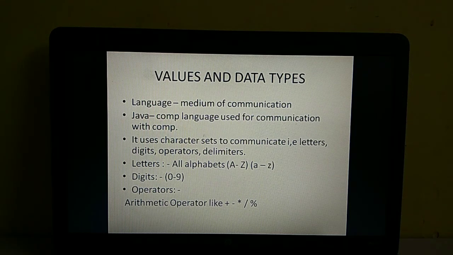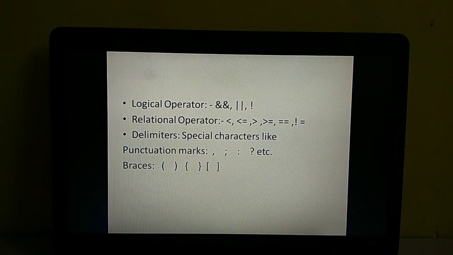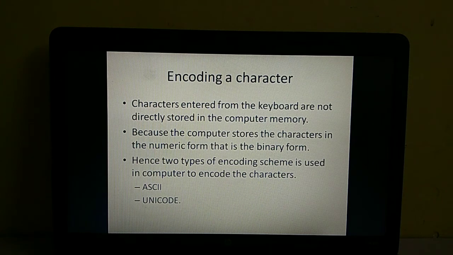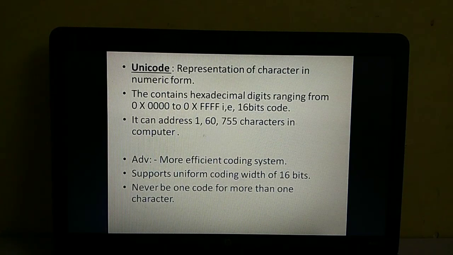The various character sets are letters, digits and operators. Then you are even using logical operator, relational operator, delimiters, punctuation marks and braces. Then encoding a character means you are entering the characters with the help of a keyboard into the computer memory, and this can be encoded by using ASCII code and Unicode.